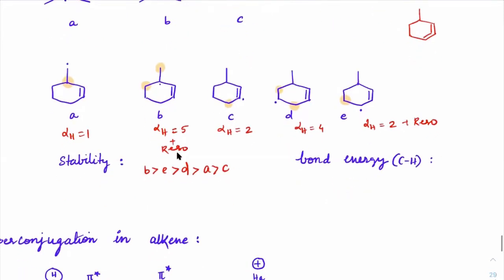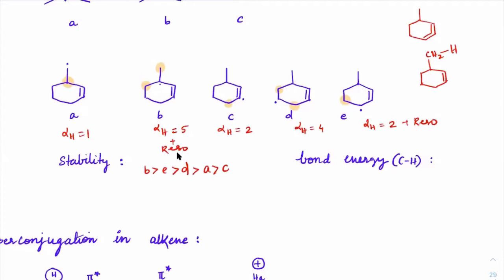Acha, what about the bond strength between carbon and hydrogen before breaking? Imagine this was the original molecule with CH2 and H. Now I have to break this bond. After breaking the bond, if the product is becoming more stable, it means this bond energy would be less. It requires less energy to break the bond because the molecule forming as a product is more stable.